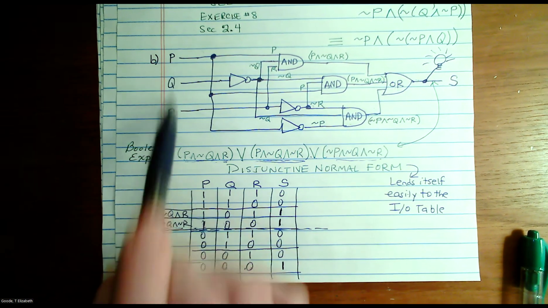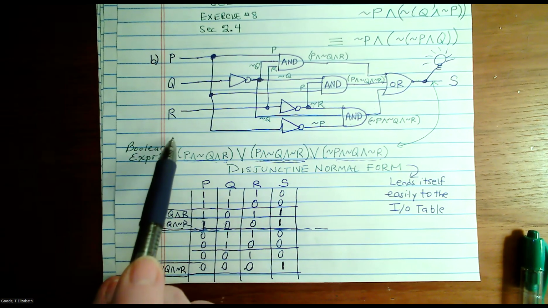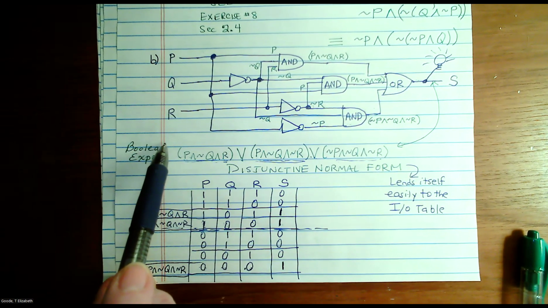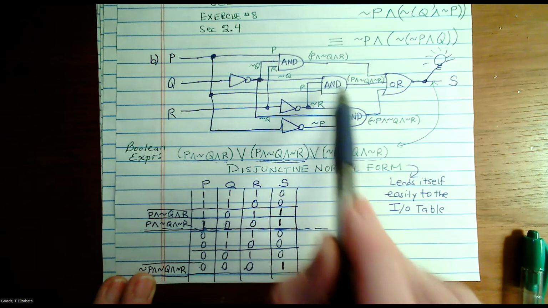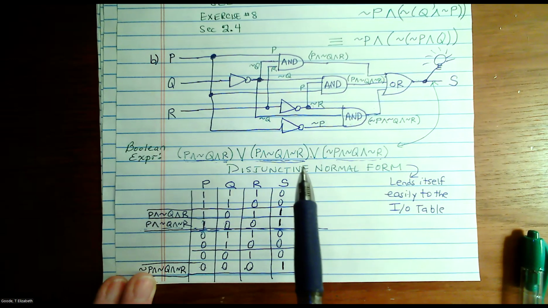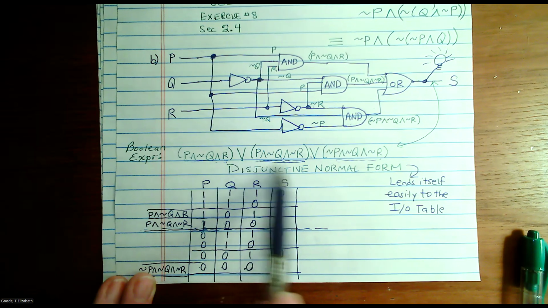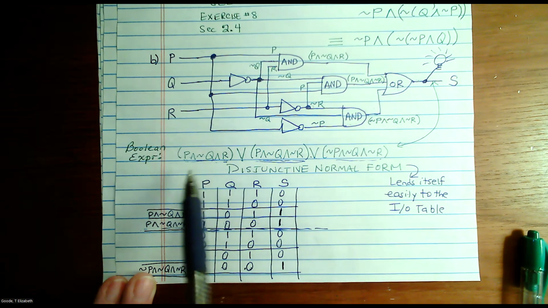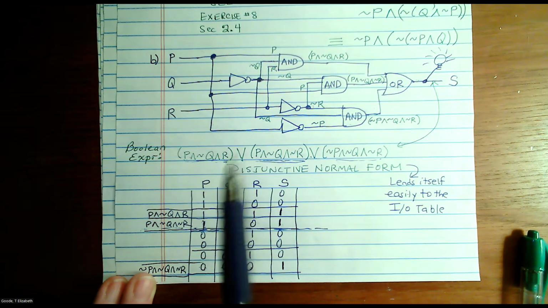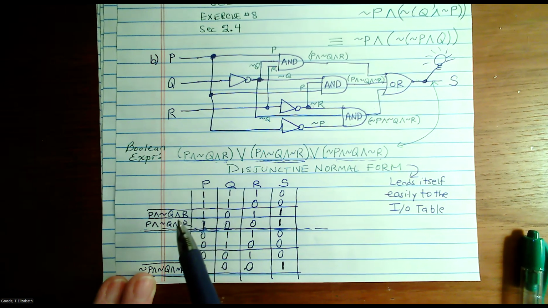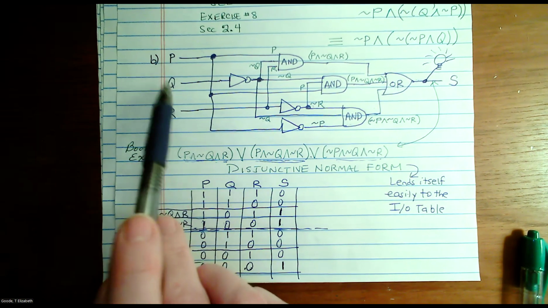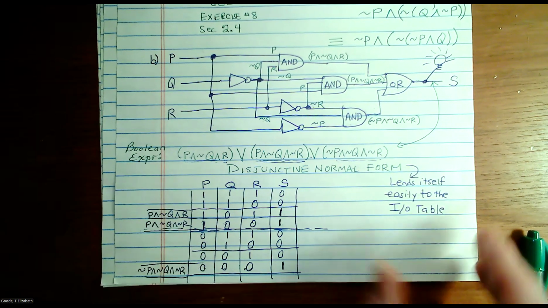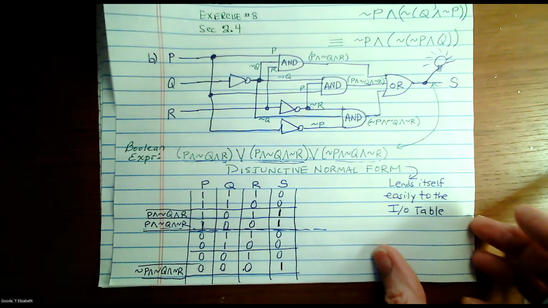Now, if this had been a circuit with P, Q, R, and maybe another variable like a T, then each AND gate would have had to have four input wires so that each of these parenthesized expressions would have given information about P, Q, R, and that fourth variable T. See what I mean? Oh, so it just depends upon how many inputs you have. Like we can do disjunctive normal form in a much easier case. For example,